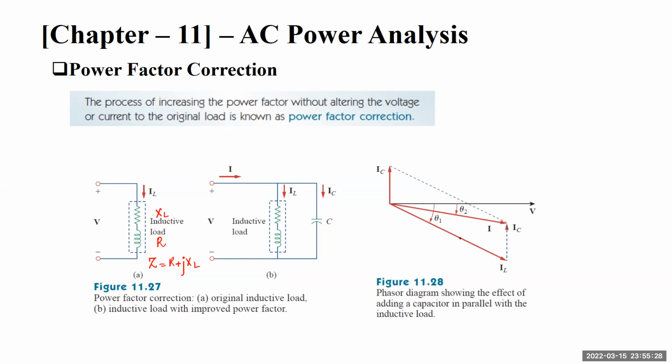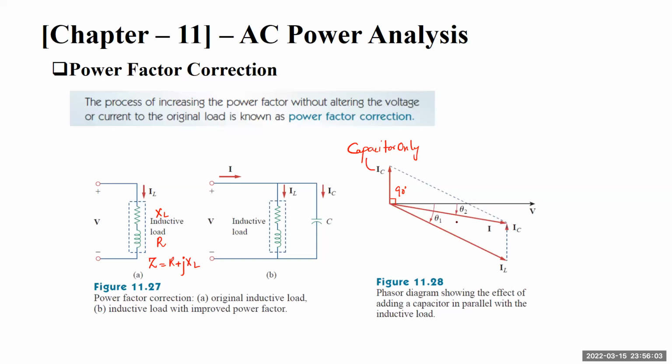So if we have an overall effective load IL going here, the current through the capacitor will be something like this. That current, flowing only through the capacitor, will be 90 degrees out of phase, leading by 90 degrees in a capacitor only. So this is IC, capacitor only. And if we use the triangular or the parallelogram law for vector addition, we can have these parallelograms,